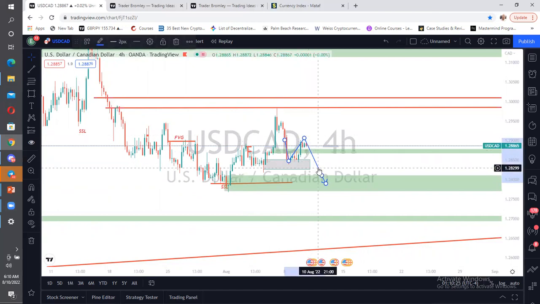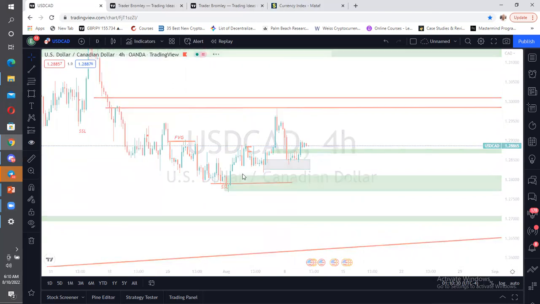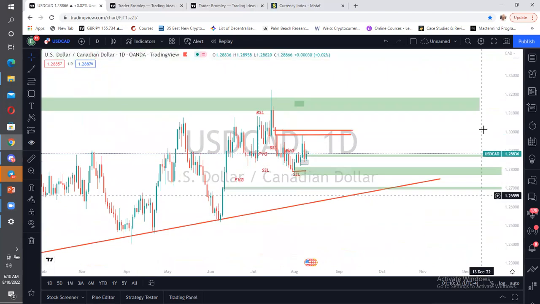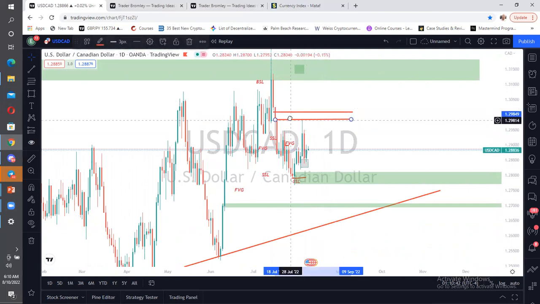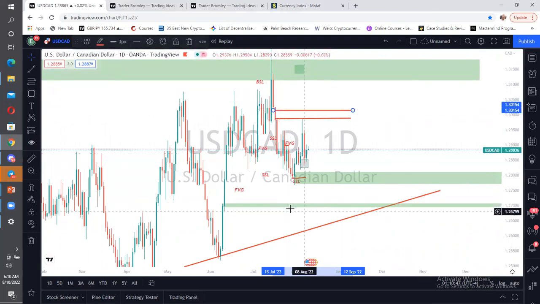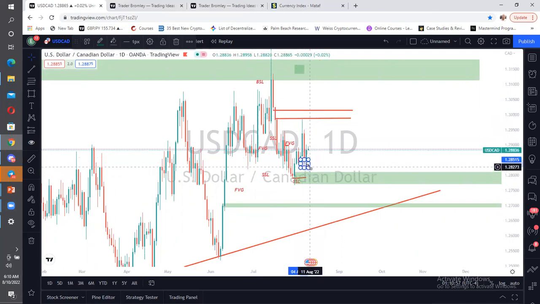Now, let me take this out and do it properly so we can know what we're looking at for today. And this is the daily time frame. In this daily time frame, of course, we'll have a fair value gap here where market has not really come to, but market has broken this and traded back to the zone, then came back down. Right, this is what we have seen on this particular chart.